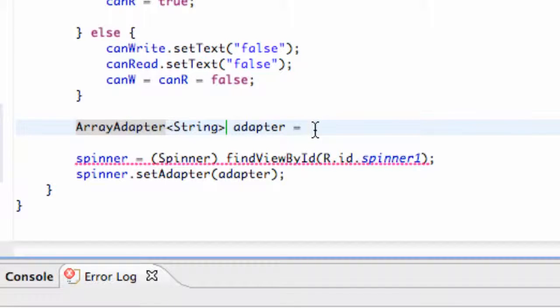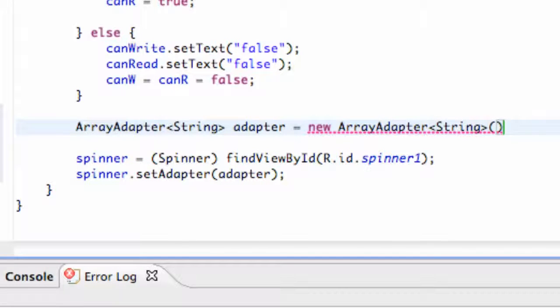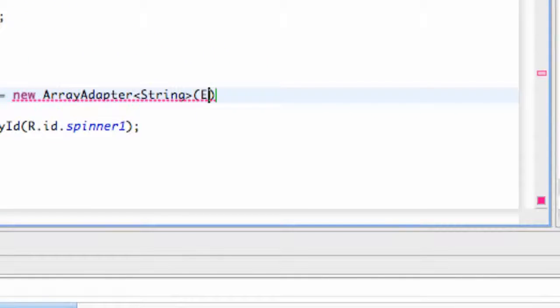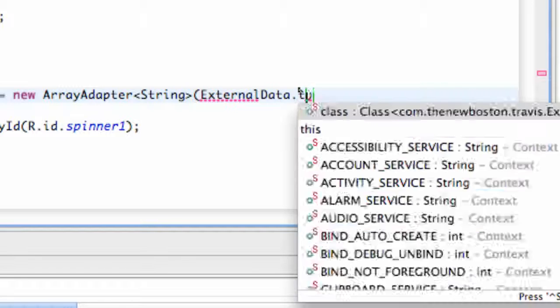And now what we're going to say is new ArrayAdapter, and again type String, and within its parameters we're going to say this for the context of our class, or you can also say ExternalData, which is our class name, dot this,